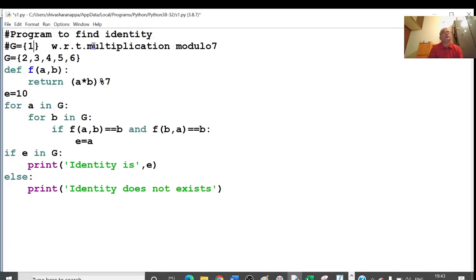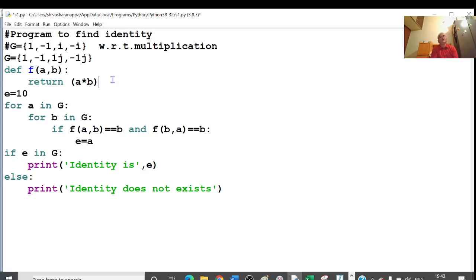That is the 4th roots of unity: 1, minus 1, I, minus I with respect to multiplication. Here G is 1, minus 1, I in Python is 1J, comma, minus I in Python is minus 1J. What is my operation? Multiplication.